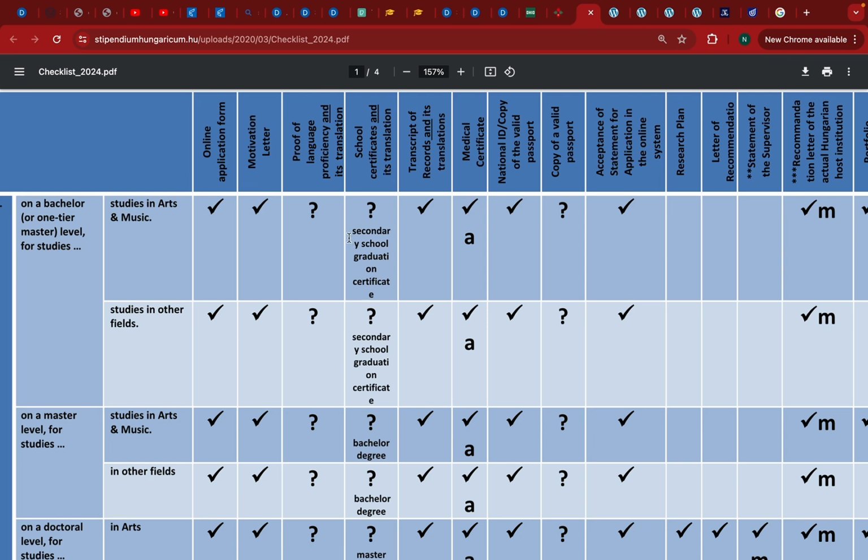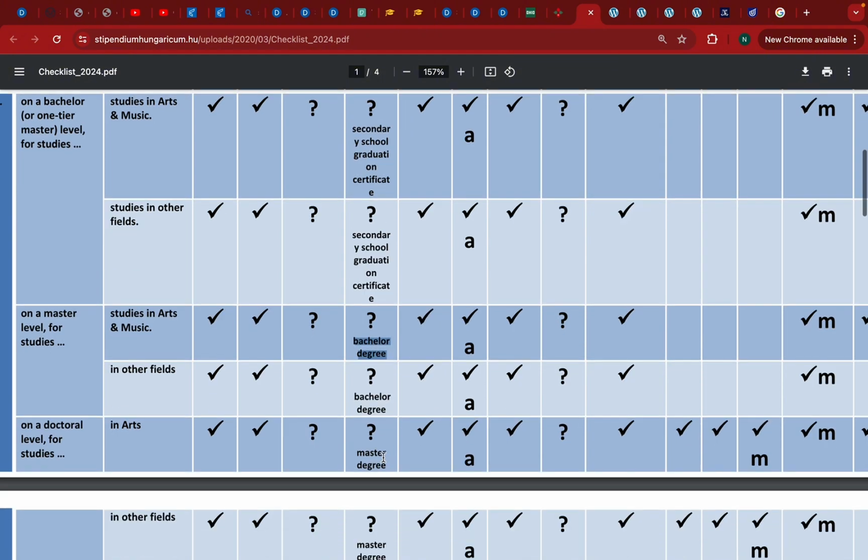The next one is school certificate and its translations. It has the same symbol as the proof of language proficiency. That is, if you have it, you can upload it until 15th January. But if you don't have it, you can wait until the final date that they bring up for you to upload all your documents. So for the bachelor's level application, you need certificates from your secondary school graduation,